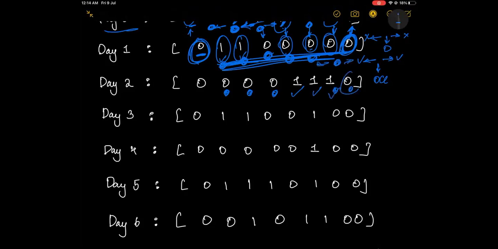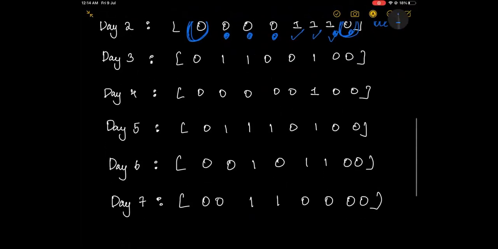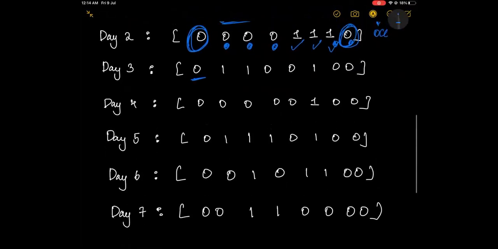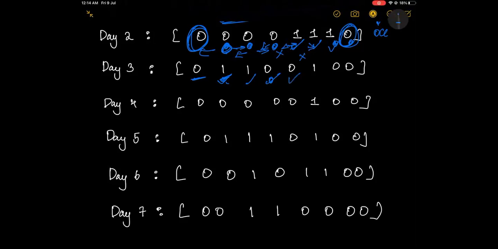And here as it is, we'll be keeping 0. Okay, now we come to this part, which is third day. Now left and right are equal for this point, therefore becomes 1. Left and right are equal, therefore becomes 1. Left and right are not equal, therefore this becomes 0.